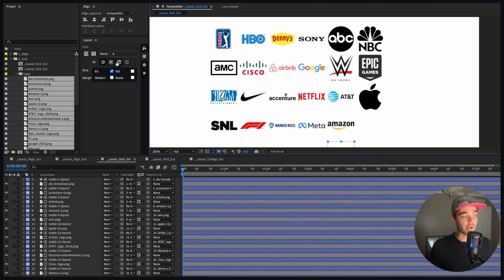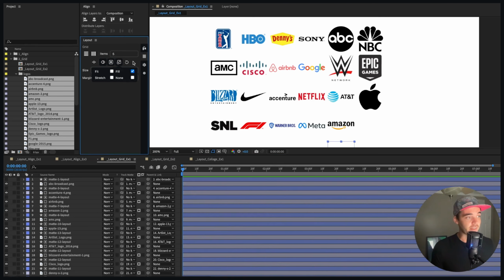Now this works really well with the scale type toggle, and this allows us to decide how we want the layers to scale up inside of each grid cell. So by default, it's set to fit. This means that the layer is going to scale up so that it completely fits inside of our different grid cells. But if we set this to be fill, and again, have that matte layer on as well,